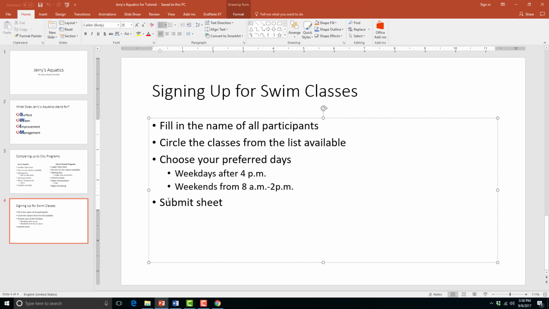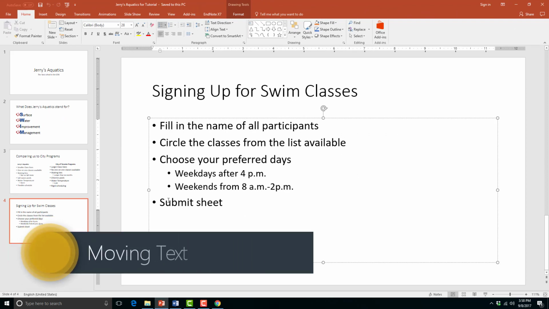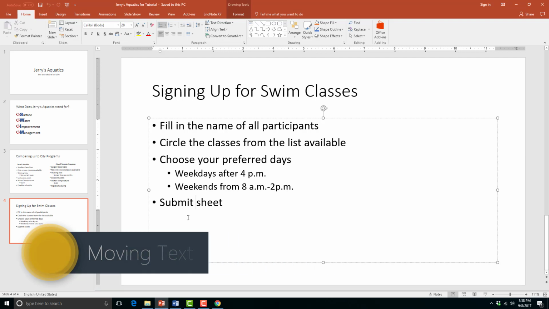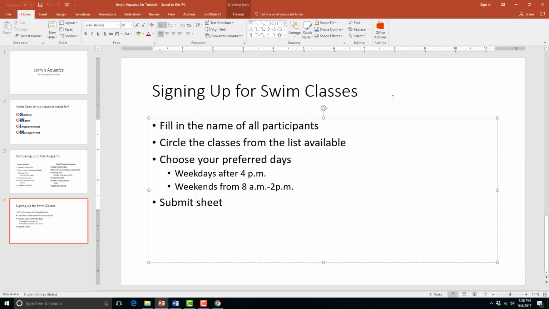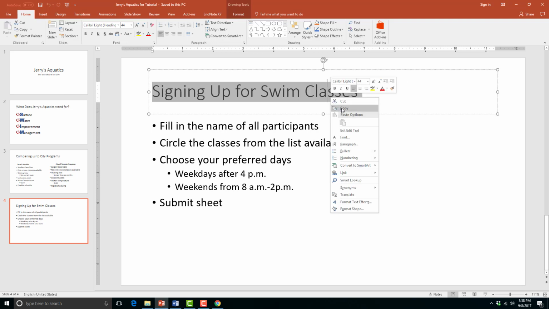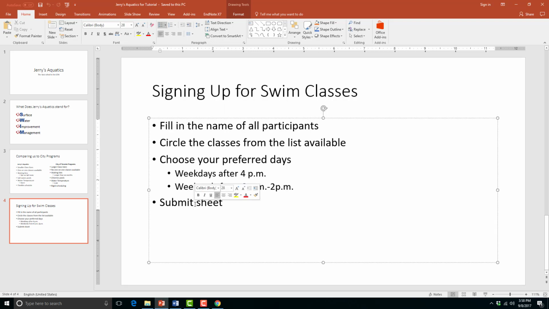Alright, so now we'll learn how to move our text around the page. There are 3 main ways we'll do this. Let's say I want to put this title, signing up for swim classes, into this last line here. I can move this by copying and pasting. So let's say I wanted to keep that title there, but I wanted to put the same words in between submit and sheet here, I would just highlight,